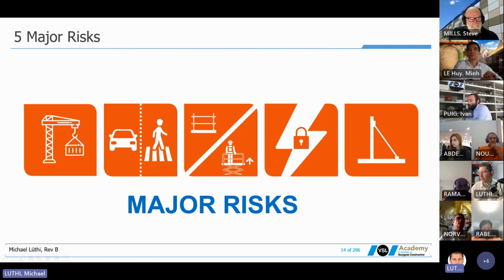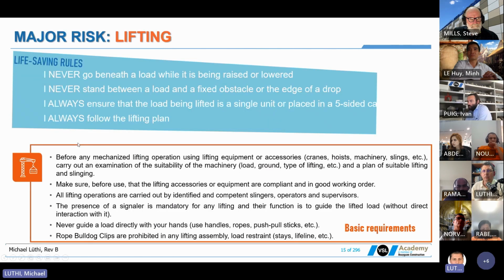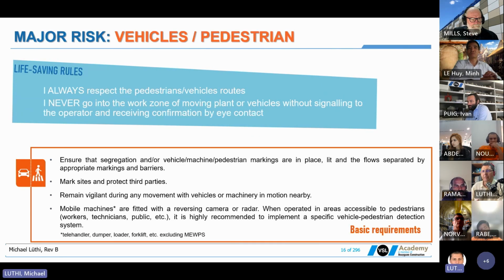First one is lifting. We lift the panels all over the place, and in the last 2 years we did have a number of incidents with dropping of panels. So lifting is an important major risk for VSoL. You may work close to other roads, and you work with heavy equipment. You have cranes, you have equipment that dumps soil and so on. So you have interaction between construction equipment and people.